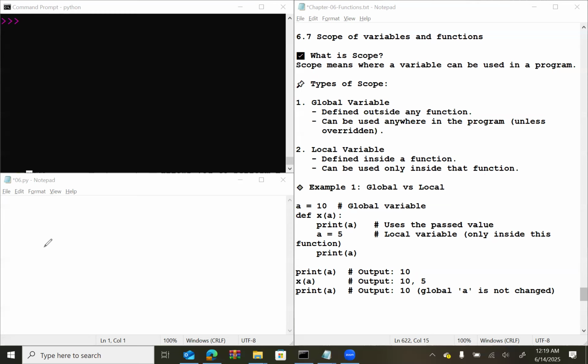So if you see that, we have something, a is equal to 10. This is like a global variable. This is outside the function. And we are trying to print the a, and we are changing the value of a. Okay, let me fix it so it can give you a clear idea. So let's try that. We have a variable a is equal to 10,